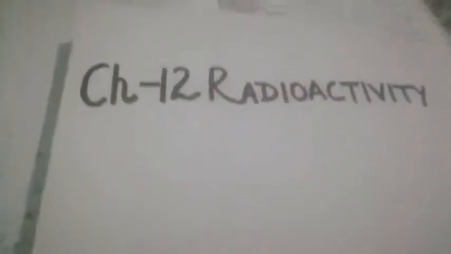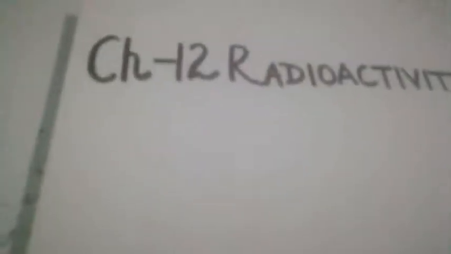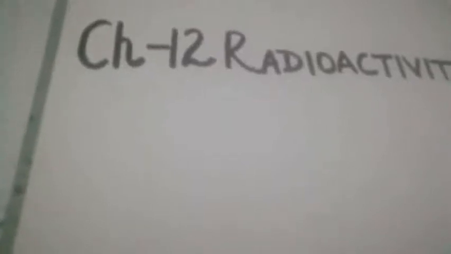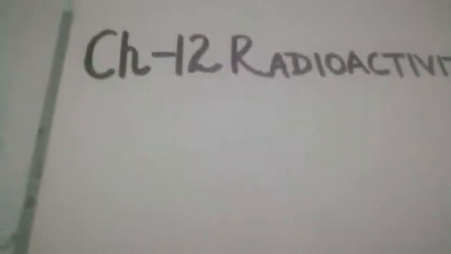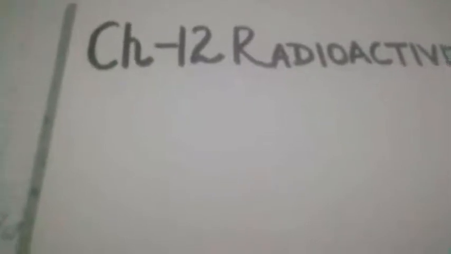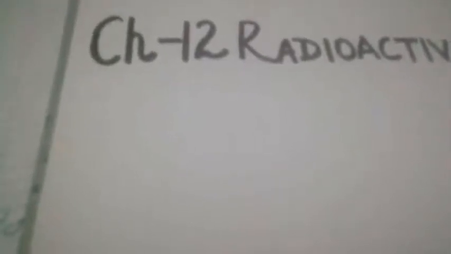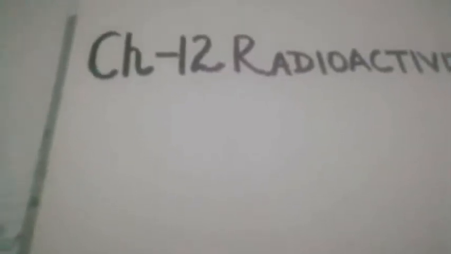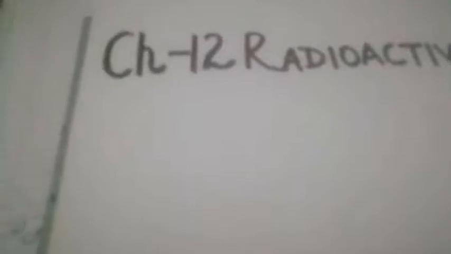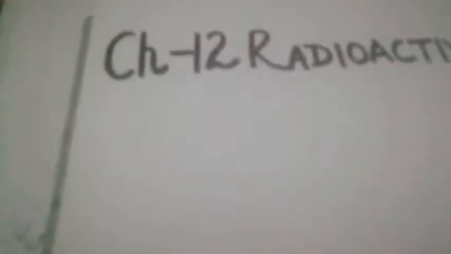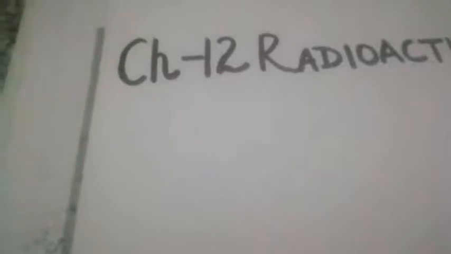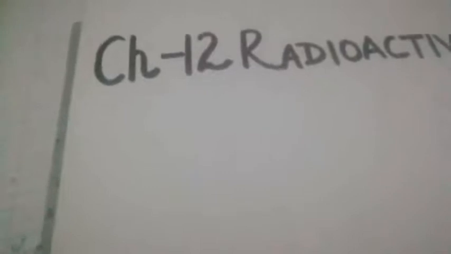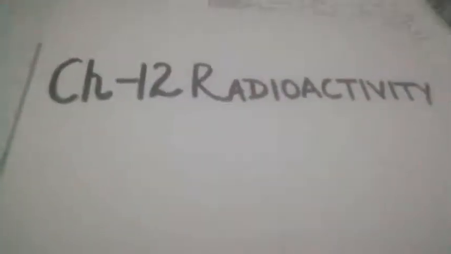Now children, I will explain to you the uses of radioactivity. Where are we using all these radioisotopes which we have? Now what are radioisotopes, children? I already explained to you that the isotopes of some elements with atomic number Z less than 82 are also found to be radioactive. They are called radioisotopes, children. Now, first of all, where are we using all these radioisotopes? First of all, I will explain the medical use. What is medical use, children?